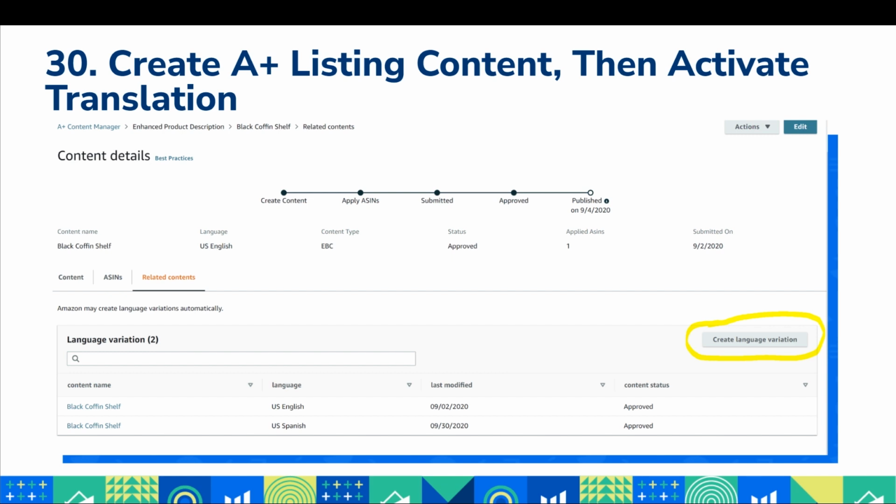Like I've tried to put keywords that I'm not indexed for and I don't have in my listing, and I put it in different fields in A+ content, 100% of the time it does not index me. But the one important thing is that you need to make sure that you have the Spanish translation active, or whatever marketplace you're in. Go to the back end, where after you get your A+ content approved, there will be